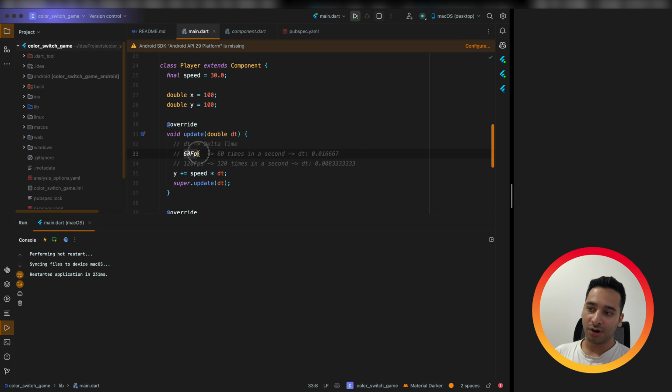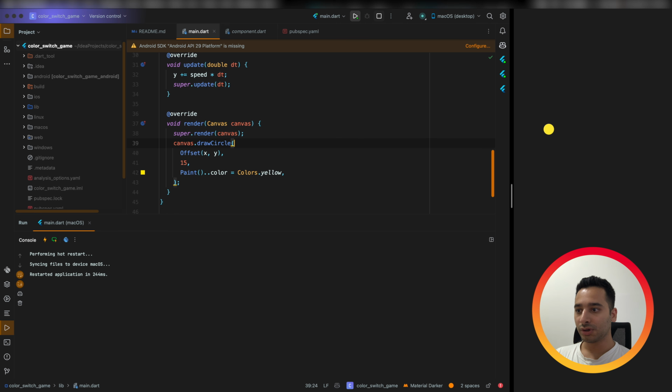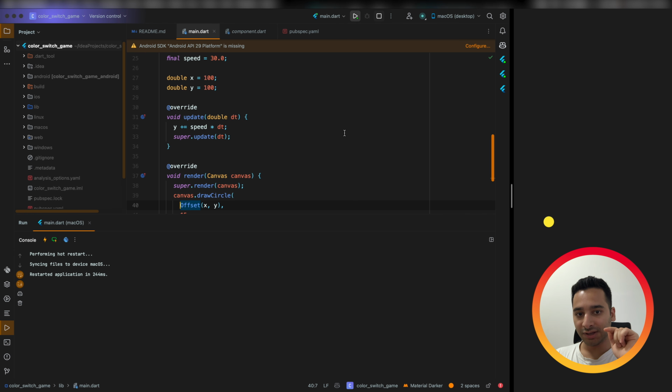But if you are on a lower FPS, you will have a higher value. It makes it consistent across all the devices that you have. Now let's change our logic to add gravity, making our component fall down and jump when we hit the screen.